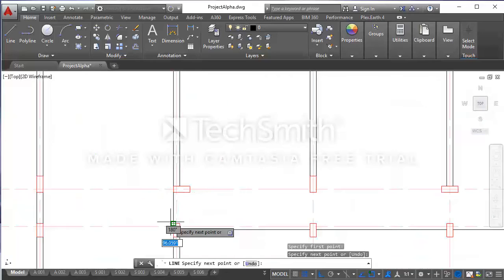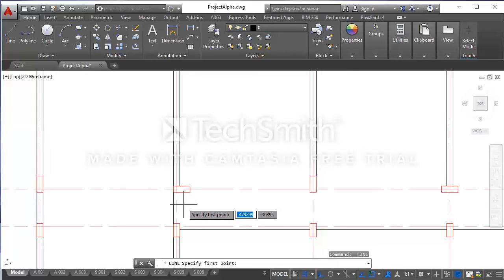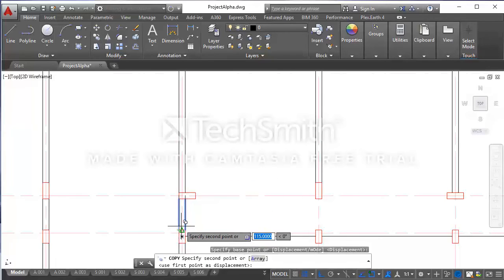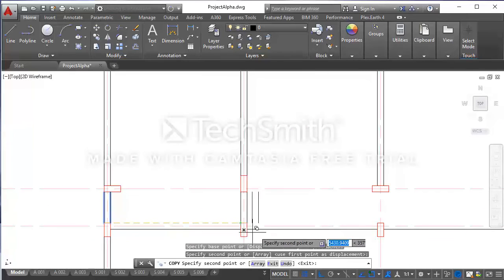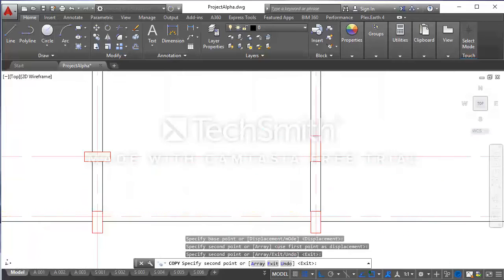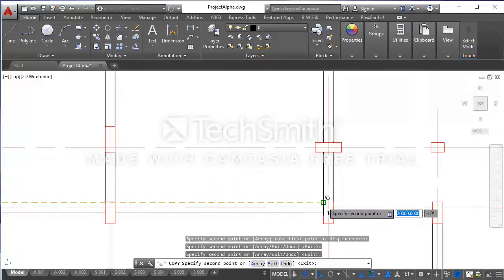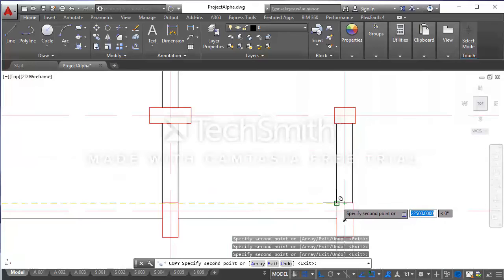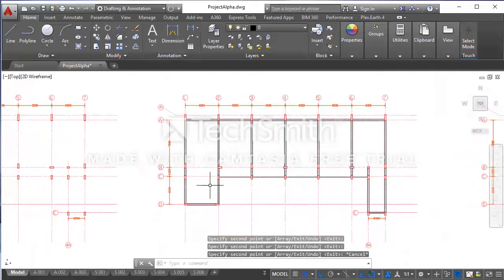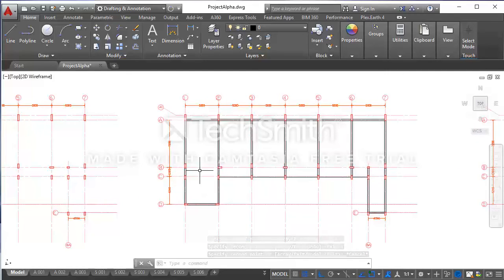I'll draw my line, do the same thing here at right angle, select it and copy to other position. I will repeat the same.